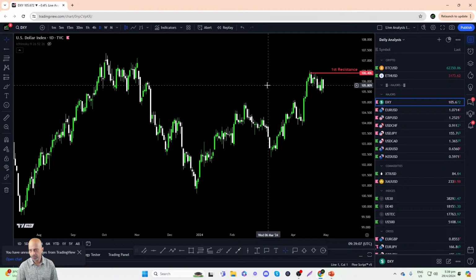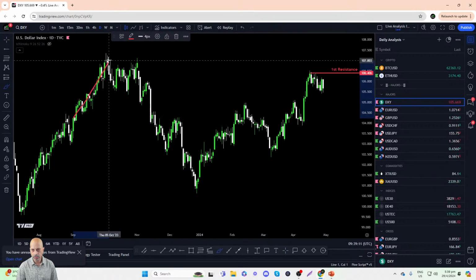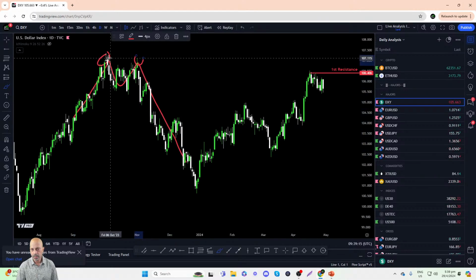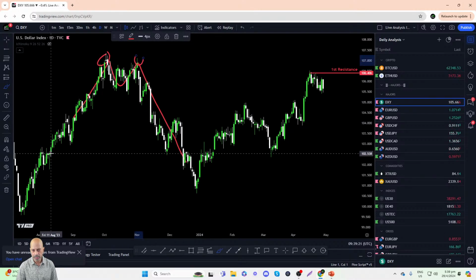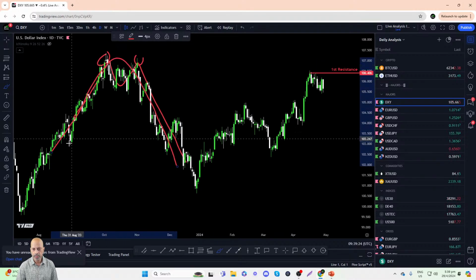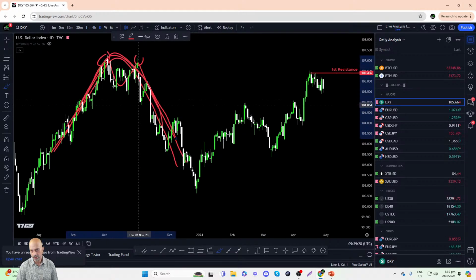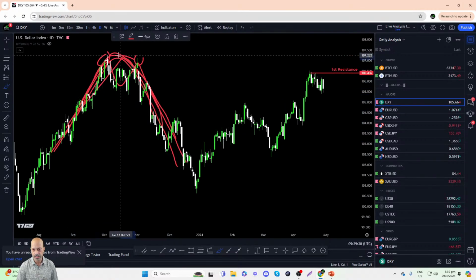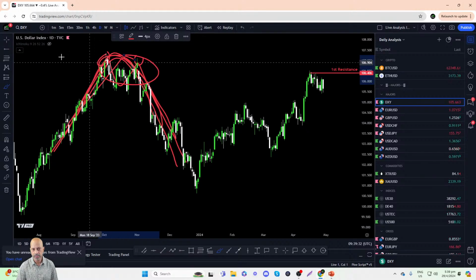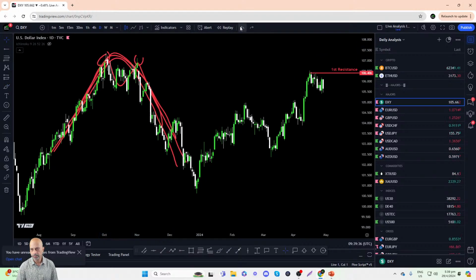Just to give you guys an idea of where the second resistance lies, we can see back in October and November of 2023, the dollar index making a double top, coming as high as 107.15 in early October, as well as again in early November. And when we look at the market structure, this clearly points out a significant swing high resistance here. So very clearly this is a major resistance zone, which is where the second resistance is likely to reside.